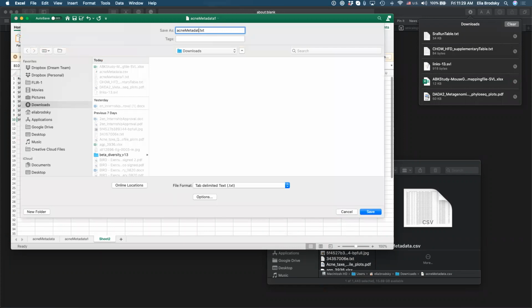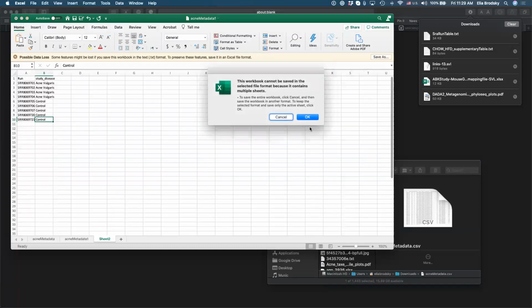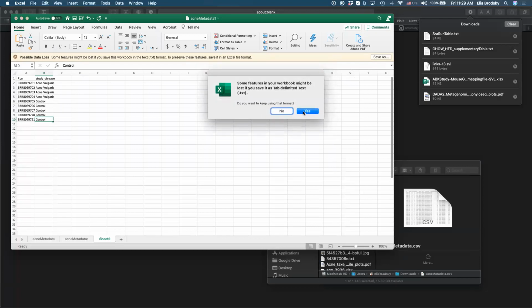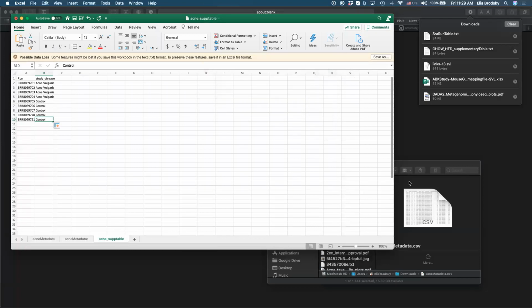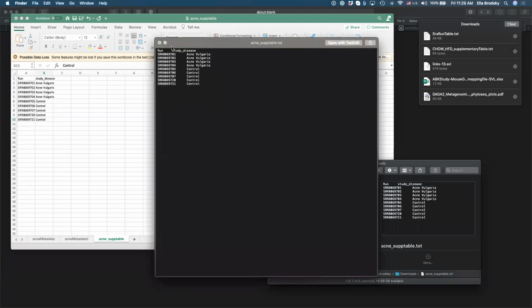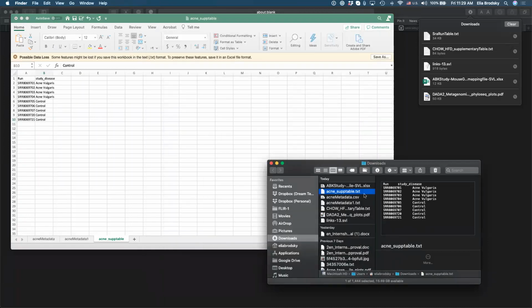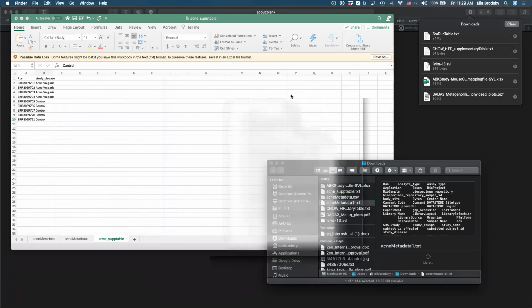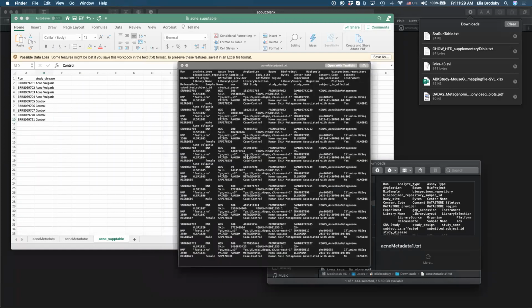So this is going to be the supplementary table. All right, so now I have the supplementary table, which the name is study disease. And I have the acne metadata, which has all of this information.